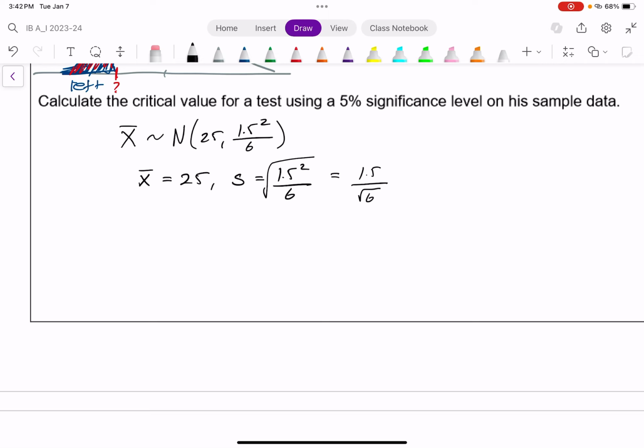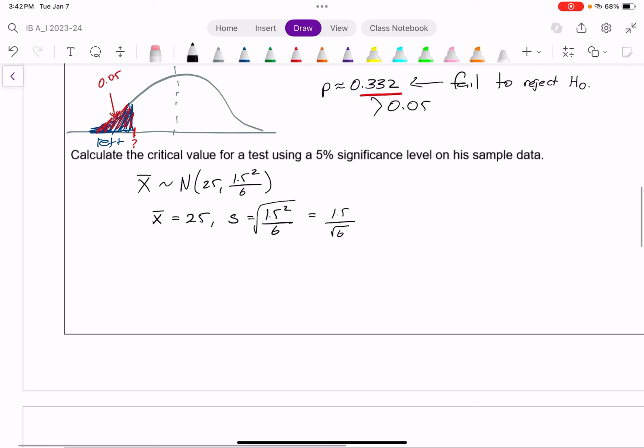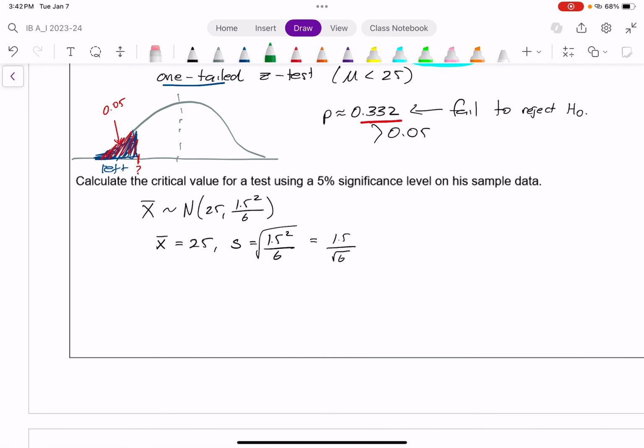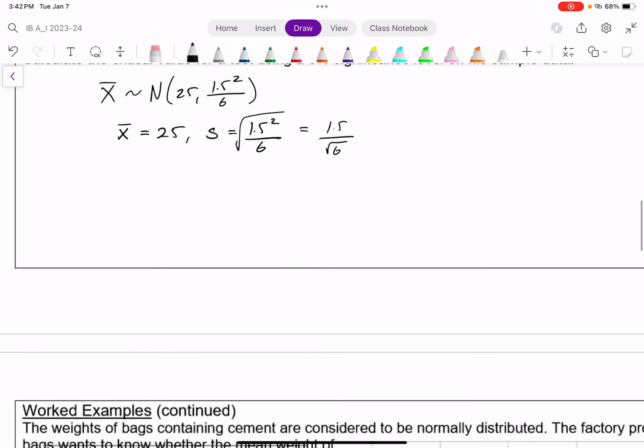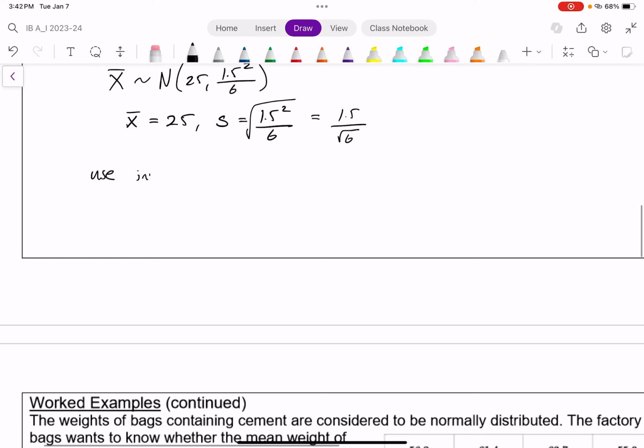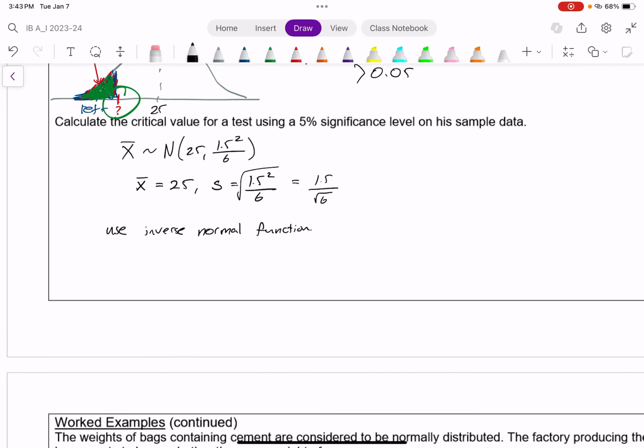And with that said, I can now use my GDC with the inverse normal function to figure out what value would have to go right here so that this region would be 5% of the total, or have an area of 0.05. And knowing that the mean is 25, which is all going back to our null hypothesis, at this point we want to use the inverse normal function on our GDC, in which we tell it the mean is 25, the standard deviation is 1.5 divided by the square root of 6,